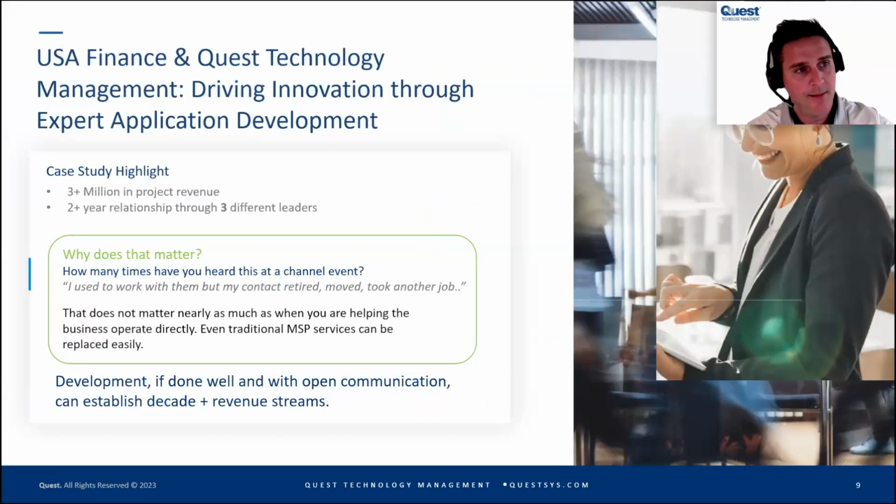Oh, by the way, this financial example was what you would call a trusted advisor technology agent out there in the marketplace. The initial engagement was a $3,500 database assessment, and like I said, it's translated to $3+ million in revenue for that trusted advisor partner. So there are significant upside opportunities in the app dev space, and it goes through multiple leaders and relationships at the account.